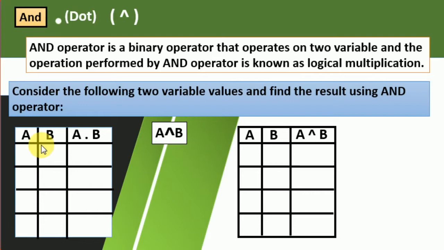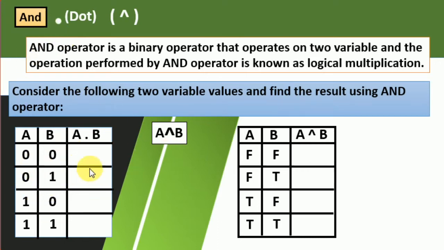We put the constant values 0, 0, which means false, false. Then 1, 1 means true, true. Now move to the next variable, that is B. B is going to be 0 meaning false, then 1 meaning true, then 0 meaning false, then 1 meaning true. I'm going to explain in the next slide how you put these numbers. Right now I'm just explaining the and format.